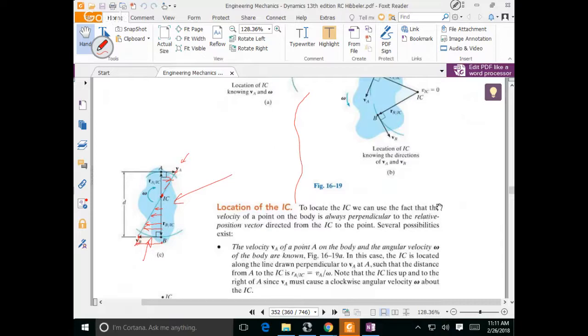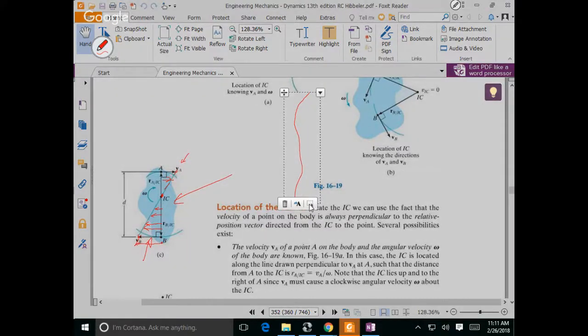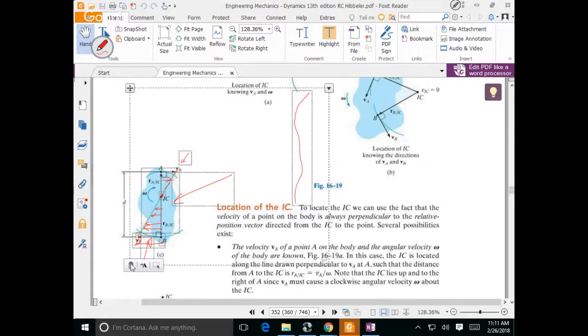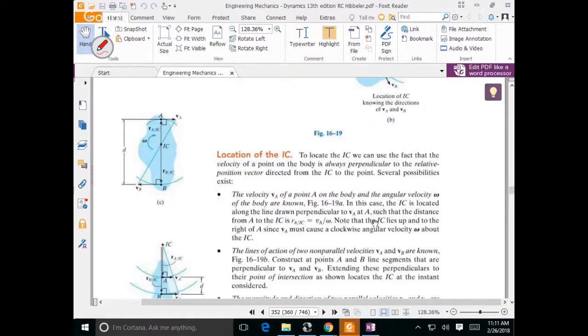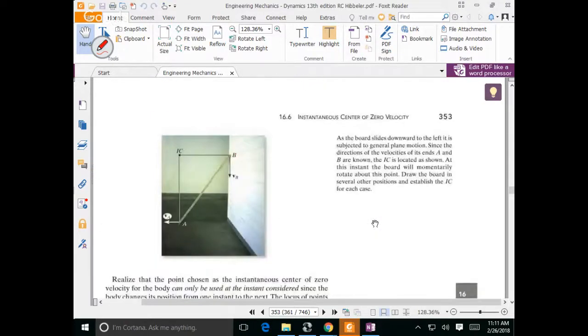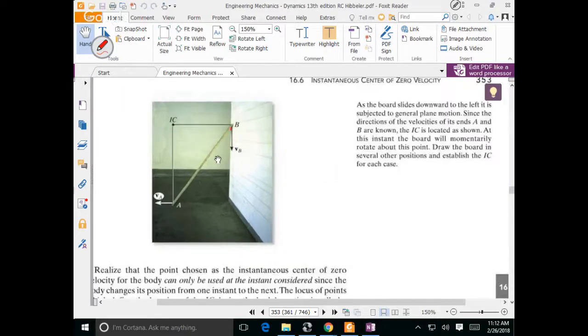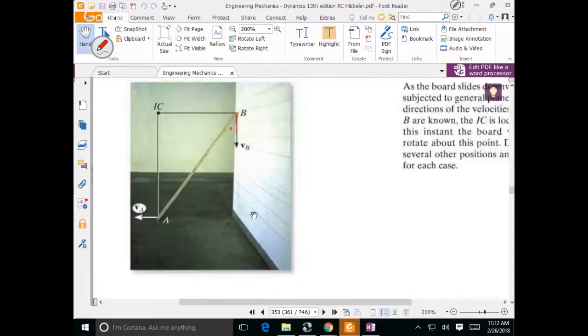So in essence, it's a convenient way to use the diagram and a drawing of the physical body in order to determine the velocities. So what are the implications of this? Let's see, there's a ladder. And if the ladder is sliding down the wall, then if this isn't coming off the wall, essentially this velocity has to go down and this one has to go off to the side